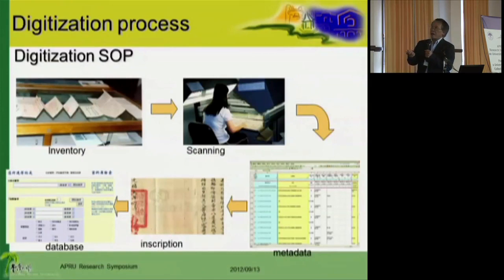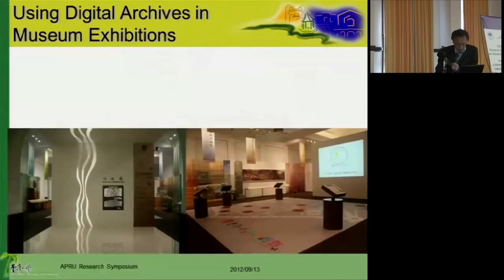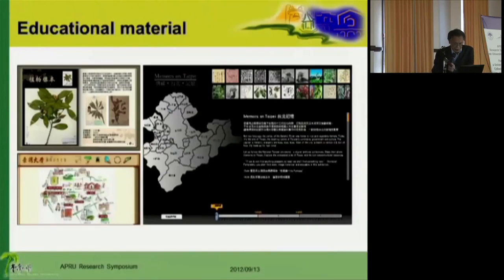So I'll not bore you with these things, but of course we have all these SOPs for different types of work, and that's the website that I mentioned. And we also use our archives in exhibitions, and to develop educational material,